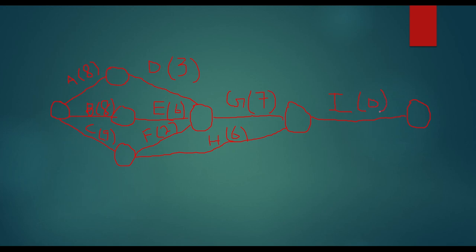So this is how I have prepared a network, right? Now the next thing I can do is, A, B, C, D, E, F, G, H, I is basically the activities given to you. So these circles are vacant if you can see. So in these circles I can write numbers. So 1, 2, 3, 4, 5, 6 and 7, right? So this is how I have prepared my network.